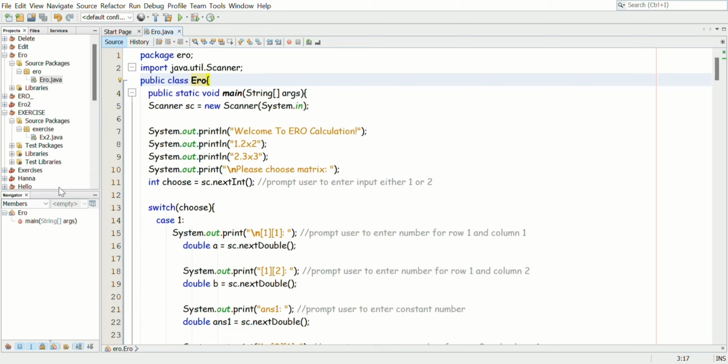Today I'm going to explain our question, which is ERO. We have to make a program about calculation with the ERO method. Okay, so first of all, at this first part here,